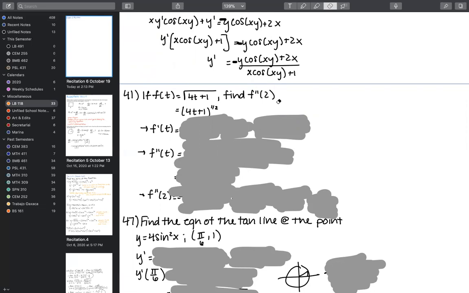And so we're going to take the derivative first by the power rule. We're going to address the outermost aspect. So we get 1/2 (4t plus 1) to the negative 1/2. Then we'll multiply by the derivative on the inside. And then I simplified that because I know that I'm going to be using it again in another step.